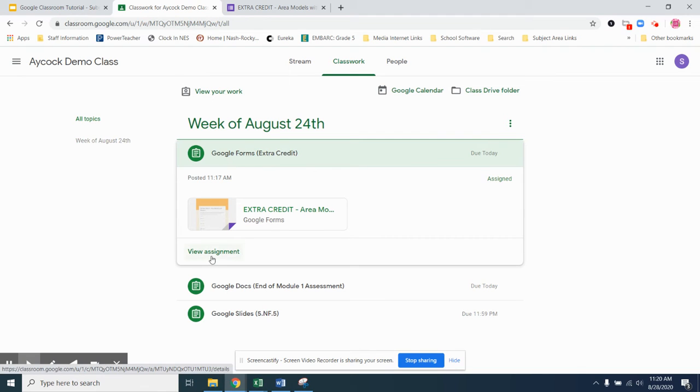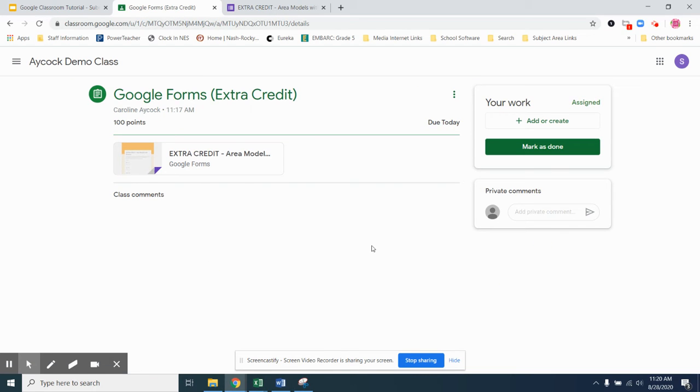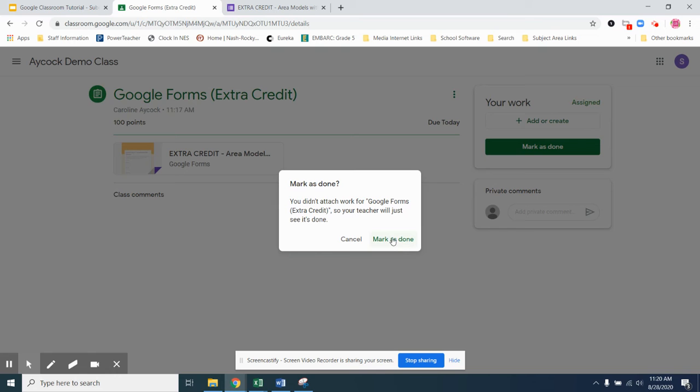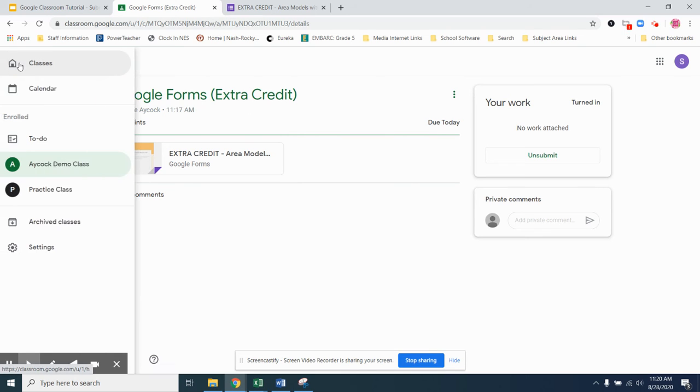Under Google Forms, I see there's a spot that says View Assignment. If I click on View Assignment, then it gives me more options. Over here to the right-hand side, I have private comments. I could write a note to my teacher and ask for help or ask for clarification. And then up here, the green button, or it might be a different color, is mark as done. So I have to make sure that after I have submitted my Google form, I might have already seen my grade and everything, I also need to hit mark as done so that my teacher knows that it's done. So going back to my class,